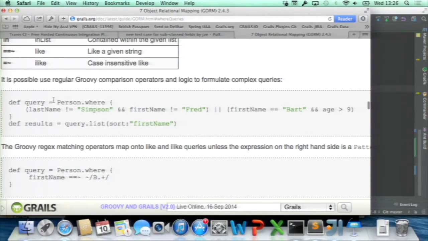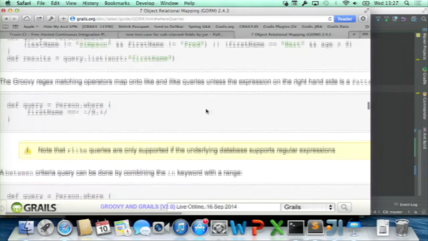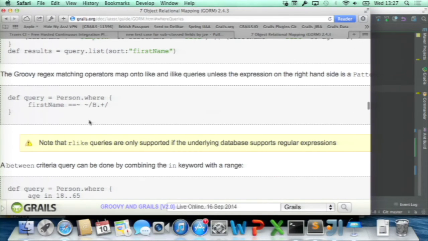You see this example here where I'm saying person.where, and you can see I'm just using not equals last name, and then you can combine things with logical ands, logical ors, grouping things with parentheses. It just becomes a lot easier to read your queries, yeah? And these are all completely, the other nice thing you can do is, if on the other side of your